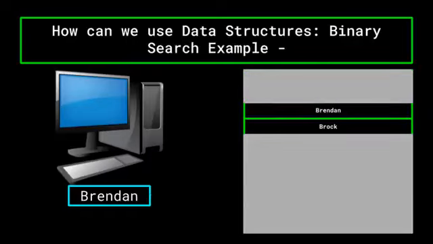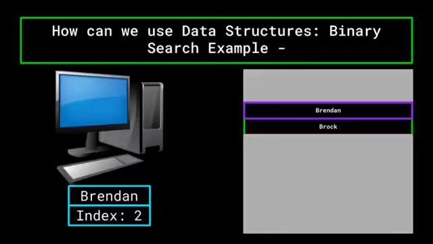Now, we again repeat this process again and again until we find the name we are looking for. So for our example, the middle index this time is Brendan, and that's what we're searching for, so finally we would return the index 2. In binary search, eventually the index we would compare to our search term will be the same, and once it is, we can return the index and move on. Now if we don't find it, which happens after we have eliminated